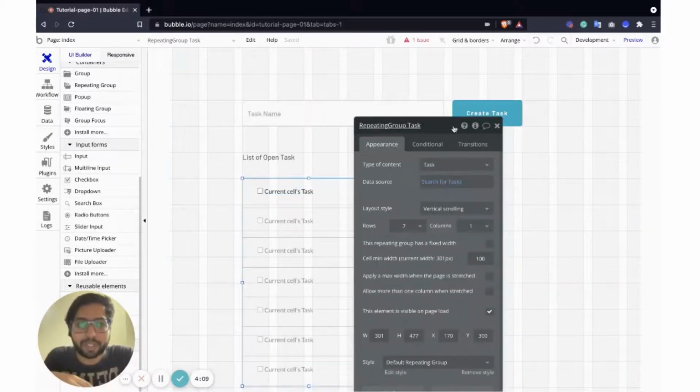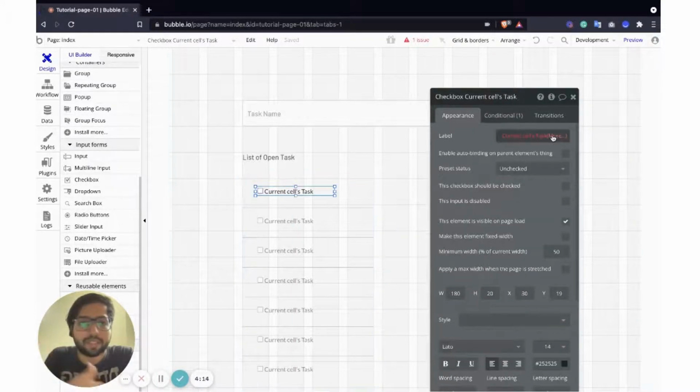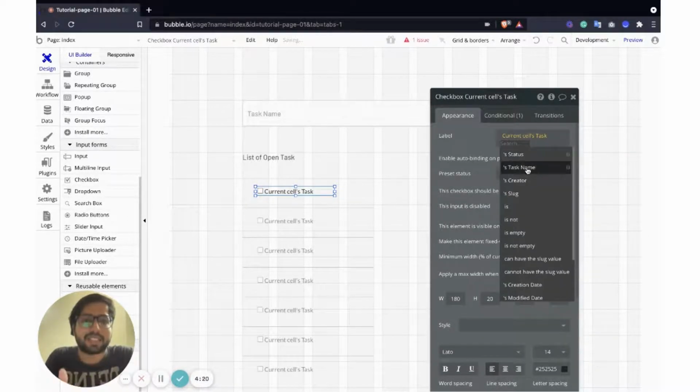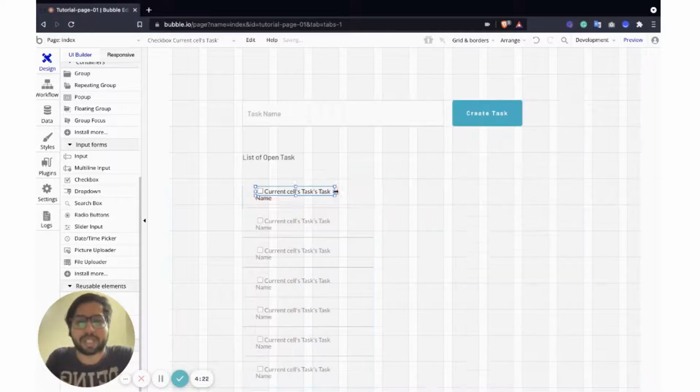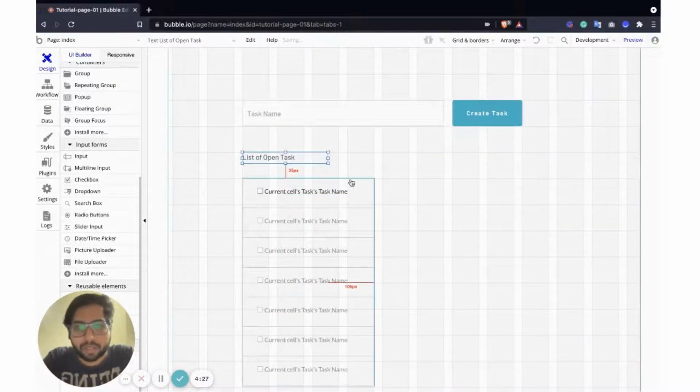This repeating group is for tasks where the status is open, and this one is the current cell's task name. So it should show a task name in this list. We are going to have another list here.